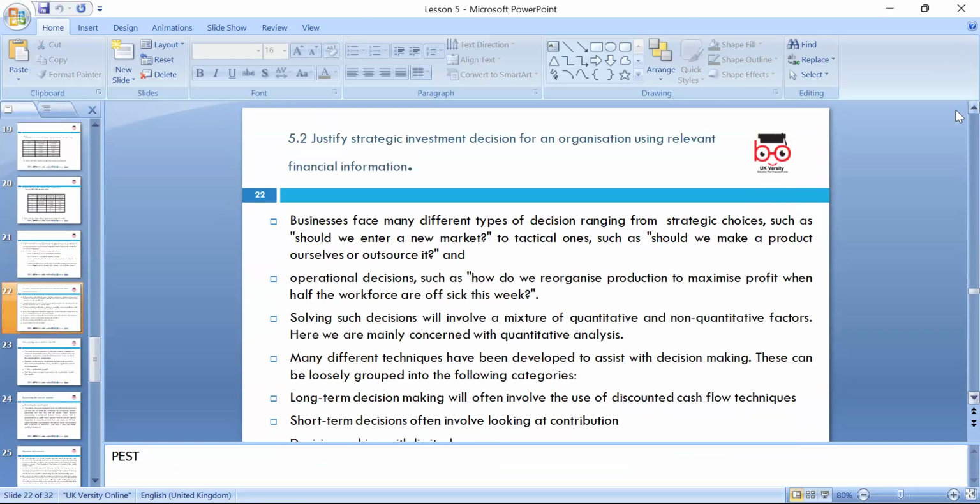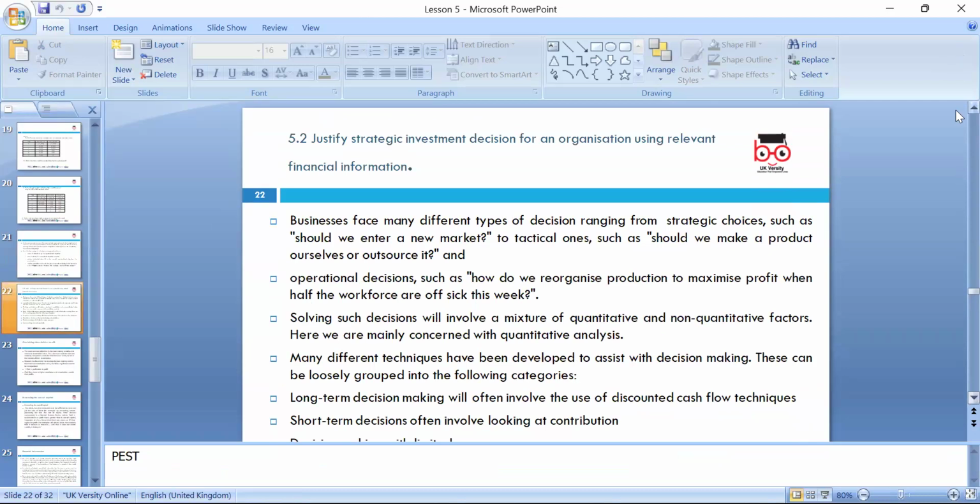So 5.1 was investment appraisal. You can discuss one or two methods. I gave examples, and when we do the assignment discussion, I'll give you a sample assignment and we'll go through some examples. So business faces different types of decision making in the short run and the long run. So you have to look at the